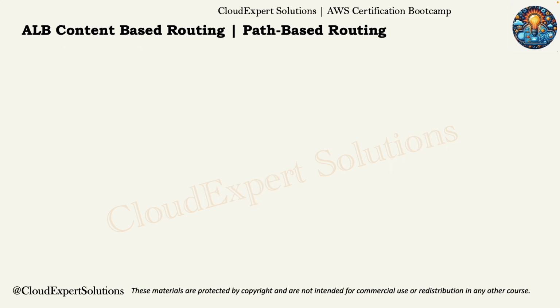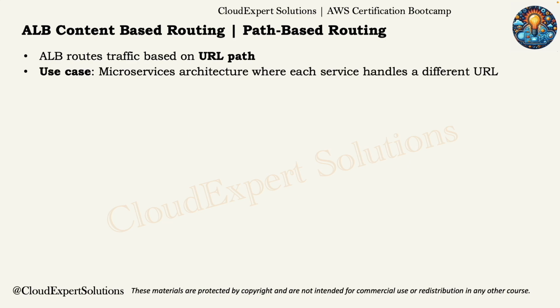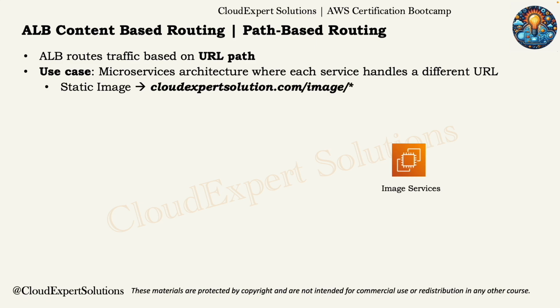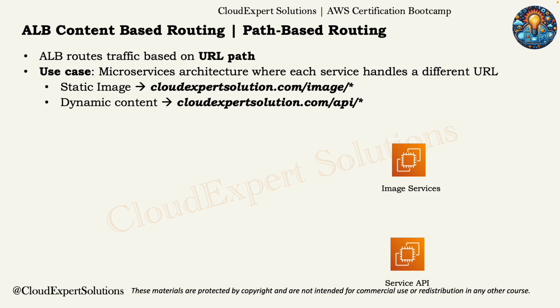Next, let's review path-based routing. Under path-based routing, Application Load Balancer routes traffic based on URL path. This is useful for microservice architecture where each service handles a different URL. Let's understand with an example. Let's imagine to optimize latency, you have segregated static component and the dynamic component of your web application, and you are hosting all the static components in a separate microservice or maybe in a separate server, and you are using cloudexpertsolution.com/image to serve the static content, whereas you have dynamic contents where you are serving all the API requests and